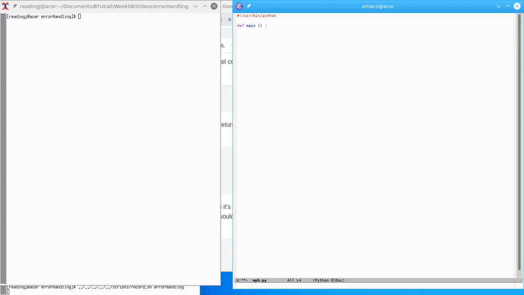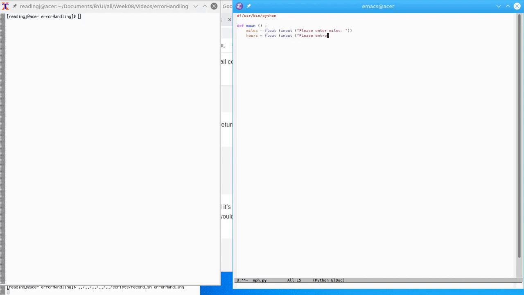So miles equals input, please enter miles, and we're going to turn that into a float, and we're going to say hours equals float input, please enter